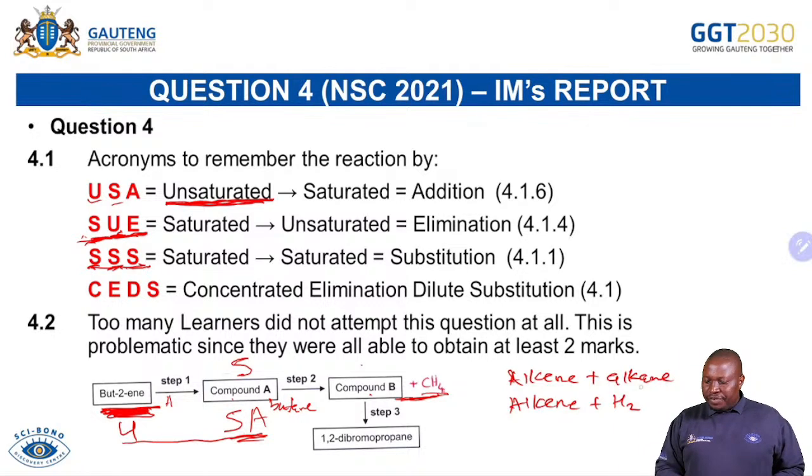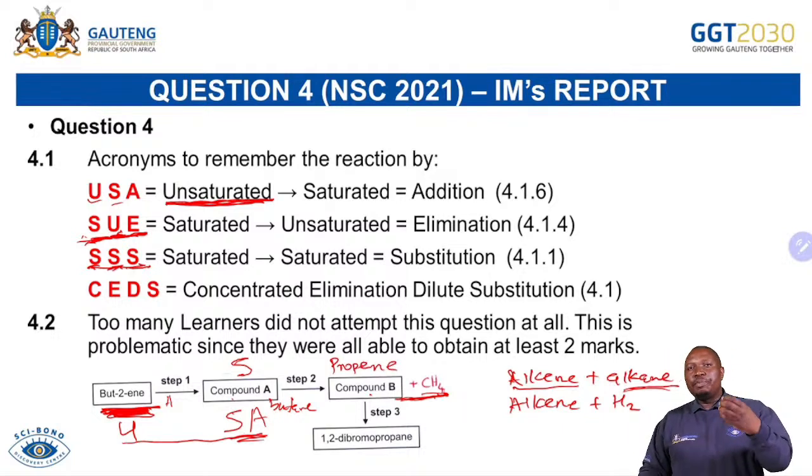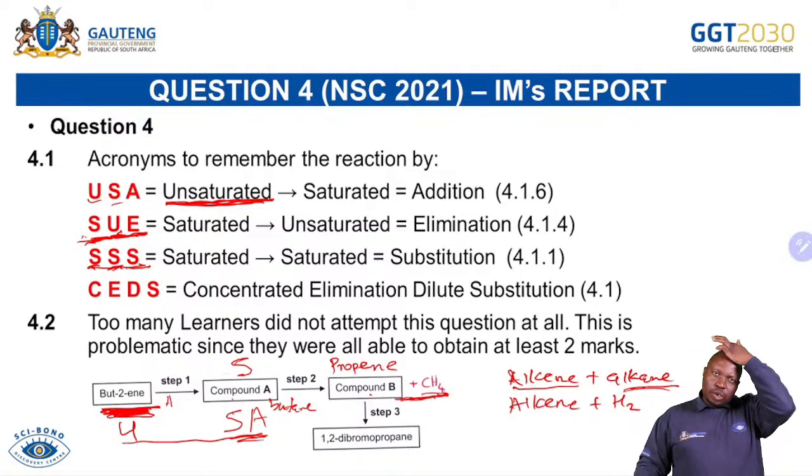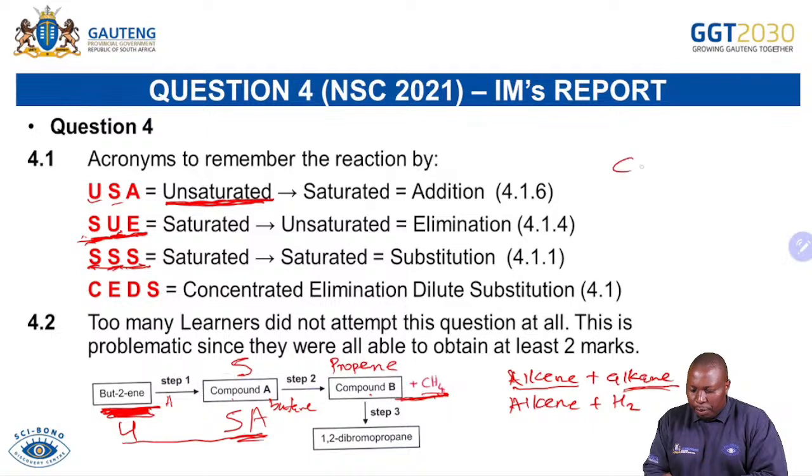So in this case, we have an alkane. So we know that this is an alkene. So we're having 4 carbons on boot, then it's separated into CH4, meaning that alkane is CH4, which is methane, meaning that alkene now would be compound B, and the alkene with 3 carbons would be propene. So you are able to say, okay, this is propene. Now I want to check with you. Will you refer to this as propene or prop1-ene? So there is no need for you to refer to it as propene,